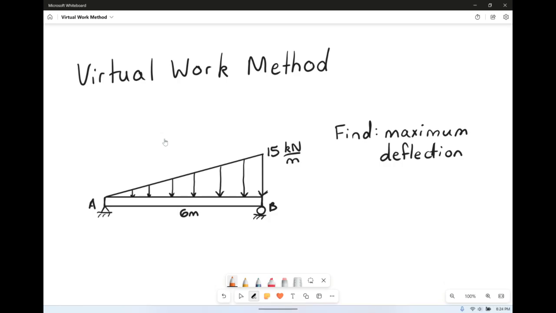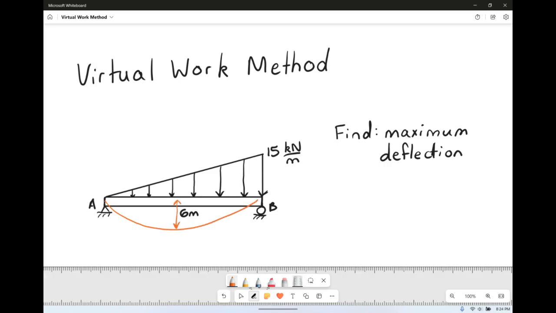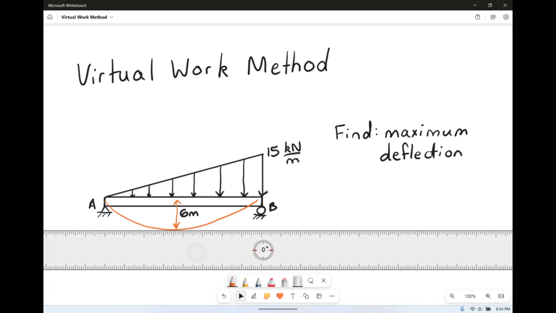This video is going to cover the virtual work method for beams. In this example, we want to find the maximum deflection of this beam. Now this is a little bit tricky because we don't exactly know where the maximum deflection of this beam is going to take place. But what we do know about it is that for the deflected shape, the point of maximum deflection has a tangent line